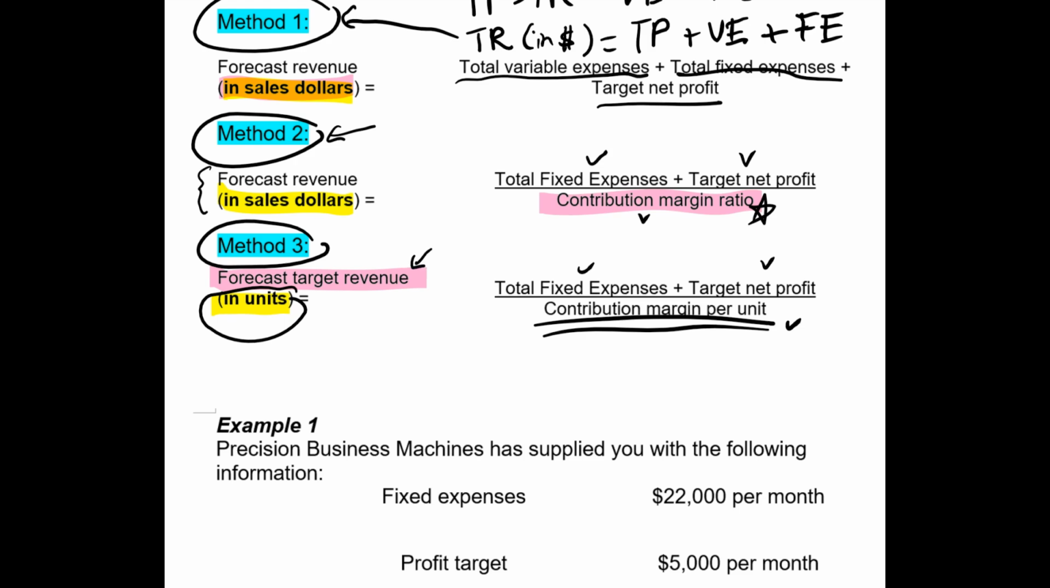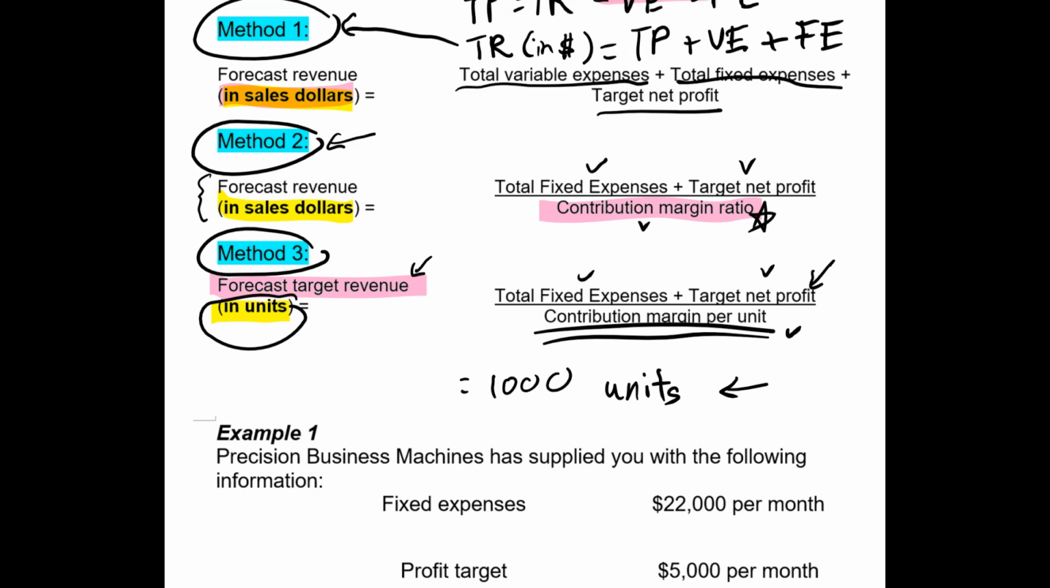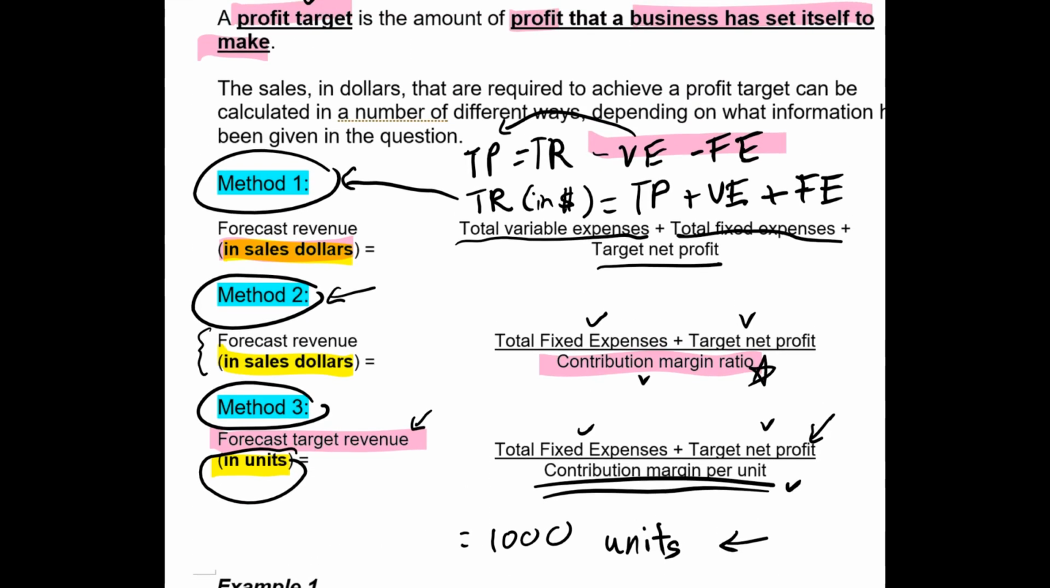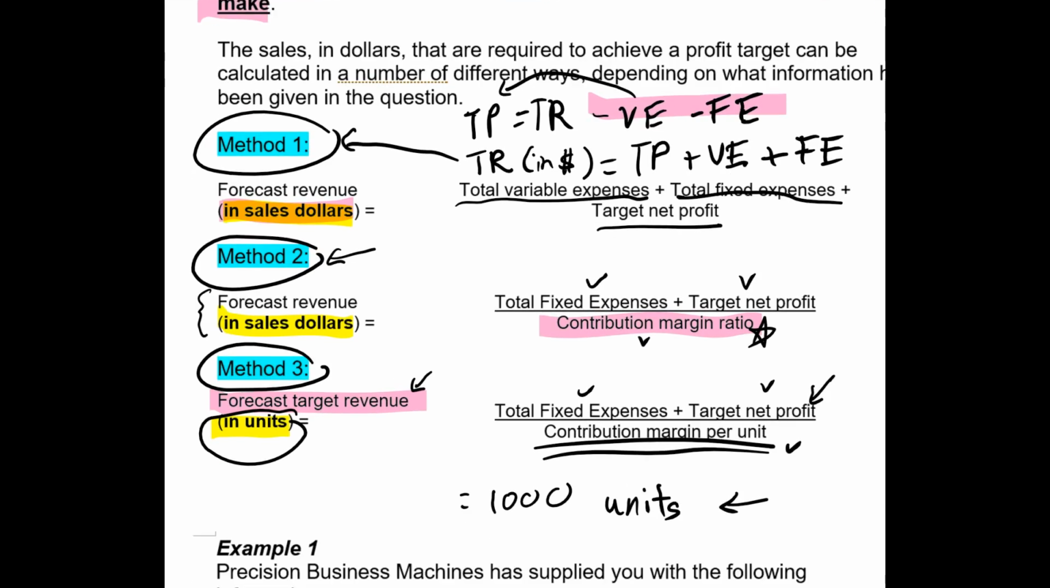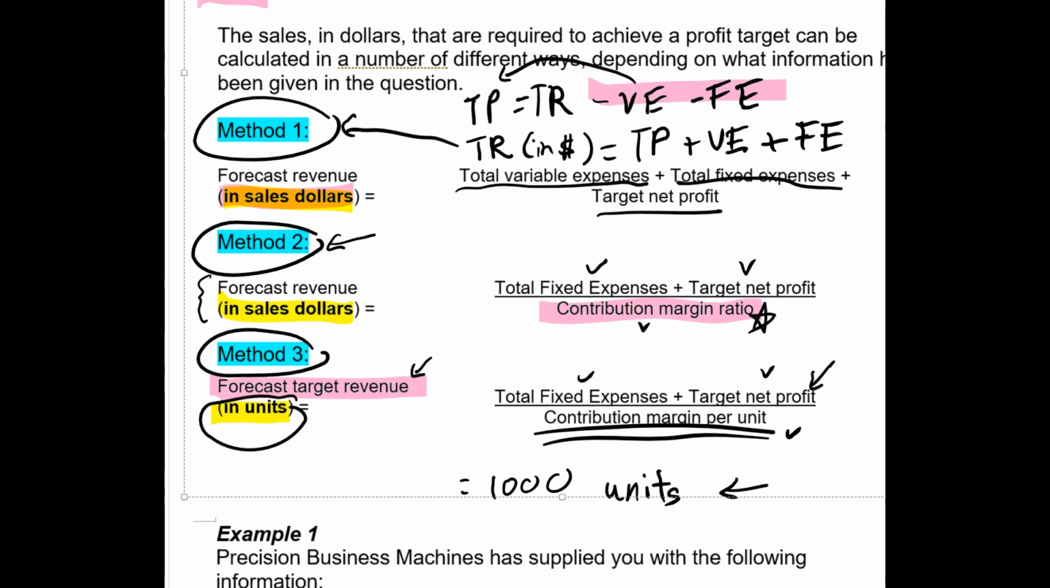So if, let's say, my forecast target revenue in units equals 1,000 units, which means that in order to achieve this target profit, I need to sell at least 1,000 units of goods. So these three methods are what we have over here. Not all formulas are given in your specification booklet. In your specification booklet, they only give you these two formulas: forecast revenue in sales dollars and forecast target revenue